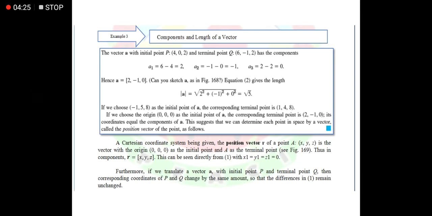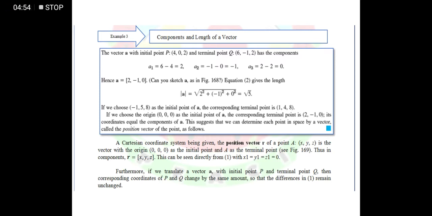Okay, so yun. So example number 3, we have here components and length of a vector. Finding the components and the length of the vector. Okay? So sabi dito, the vector A with initial point P, which has a coordinate of 4, 0, and 2, and terminal point Q, which has a coordinates of 6, negative 1, and 2, has the component of